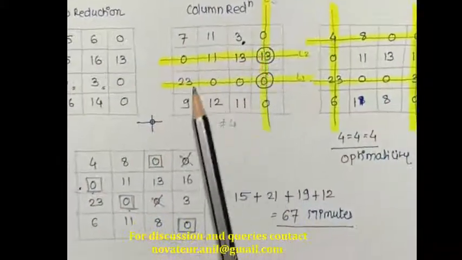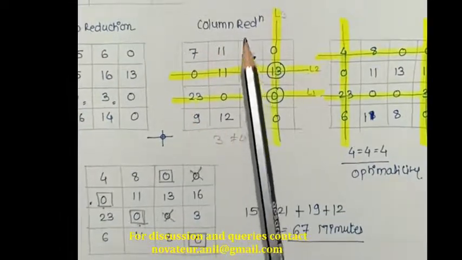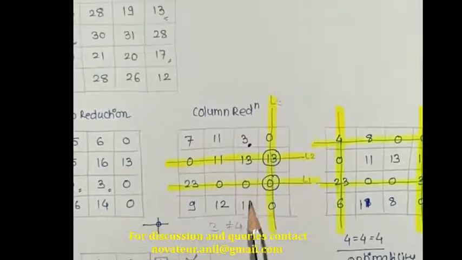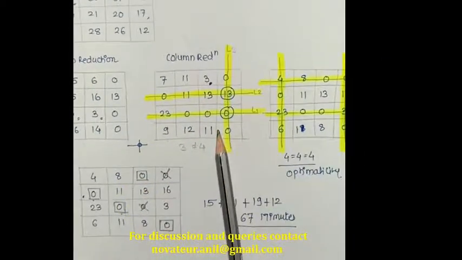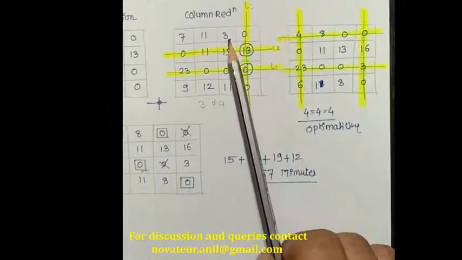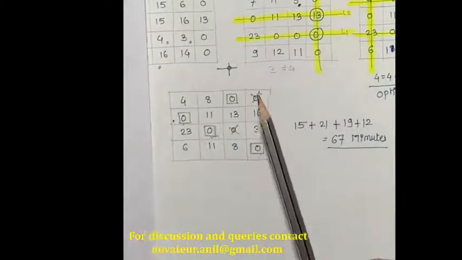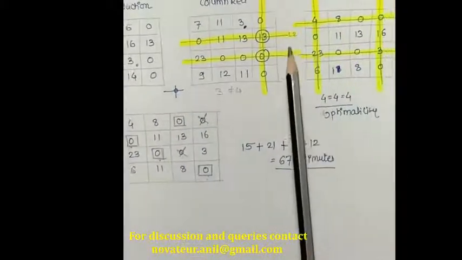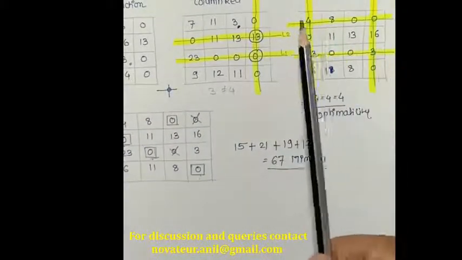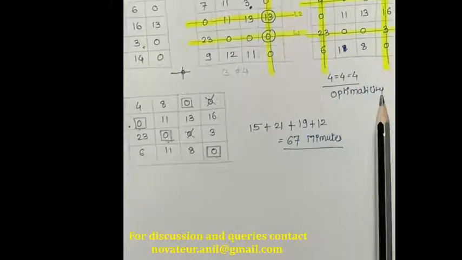We have to highlight the non-covered and covered elements. The operation first will be with non-covered elements. We need to subtract the smallest non-covered element from the rest of the non-covered elements, add that value to the cross sections if there are any, and then again try to cover all the new matrix zeros with the minimum number of straight lines. If the number of lines is equal to the number of rows and columns, the optimality is achieved.